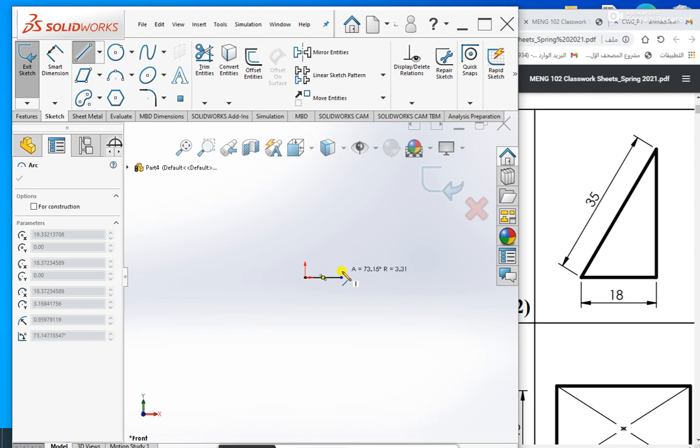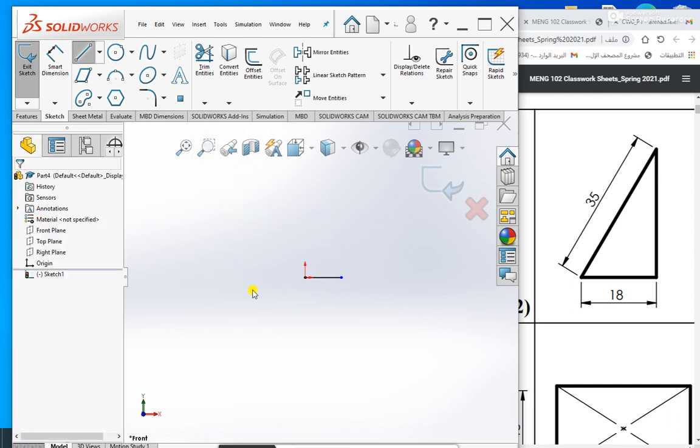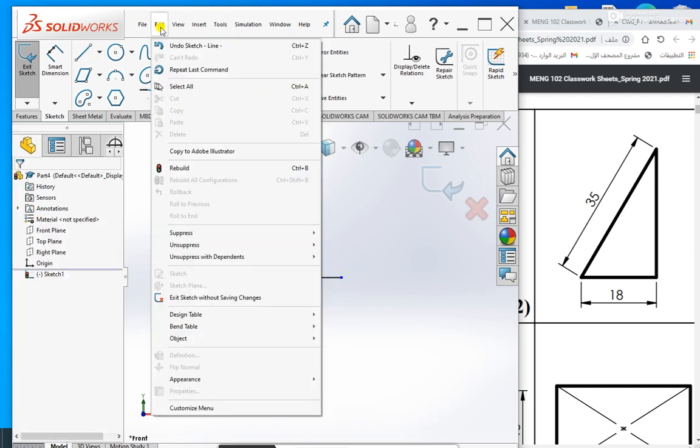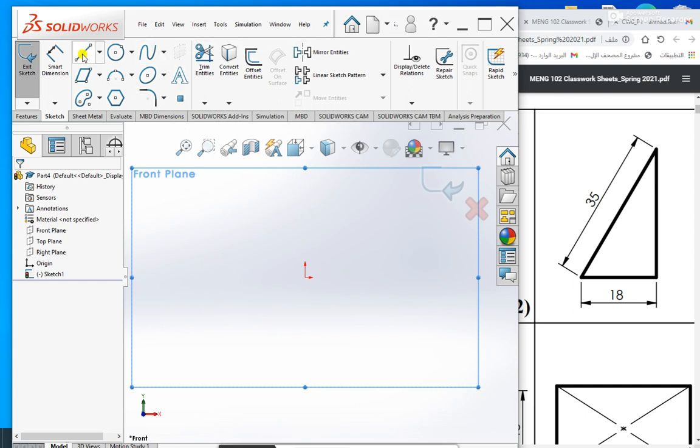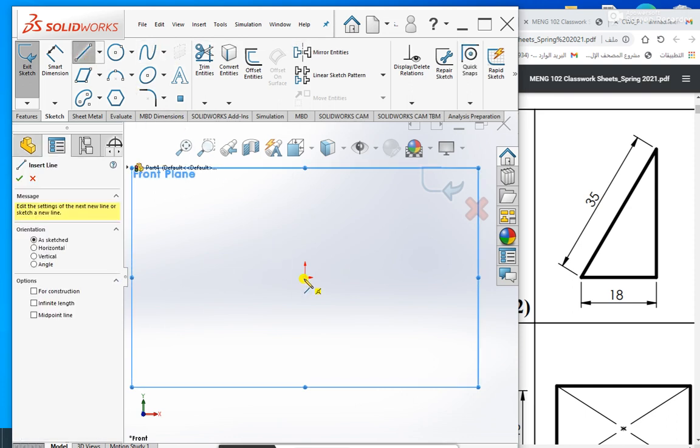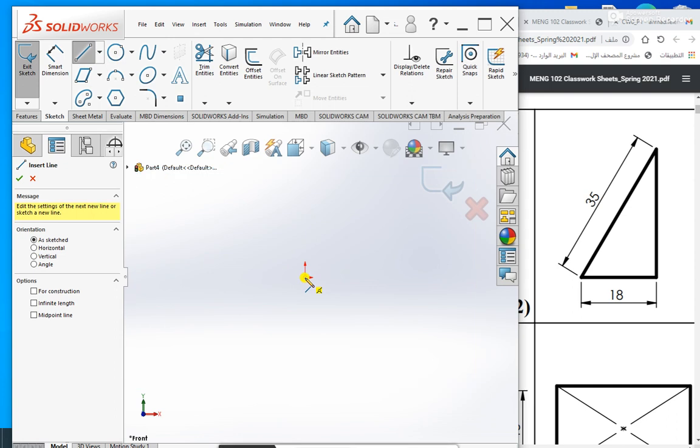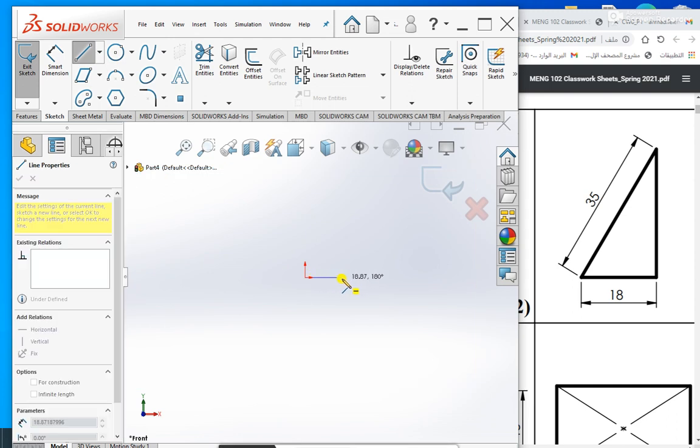Sorry for that, we do it again: edit, undo. So solid line from the origin point, click, go horizontal around 18 millimeters, click, then go